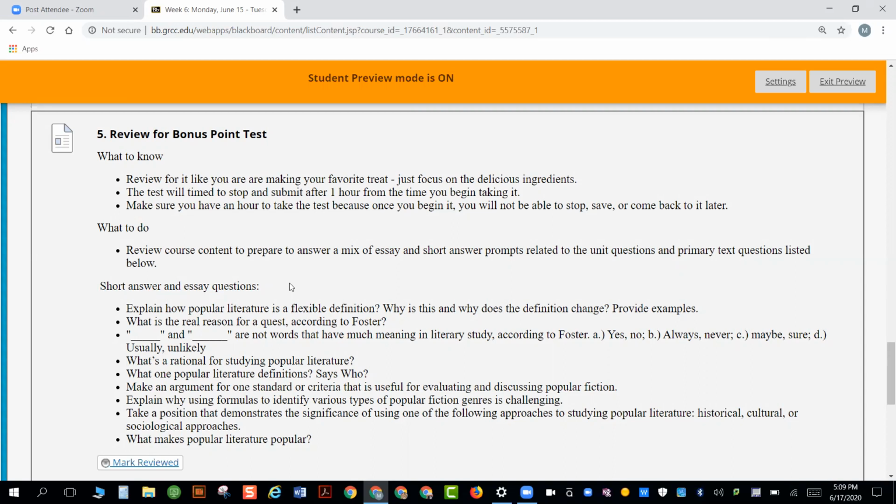And this is not something I'm going to make hard. I'm not interested in testing people for the sake of testing. I'm just like, hey, what can you say about these things now at the end of the semester? You have an hour to take it. And what I ask, even at a reasonable pace, wouldn't take you an hour unless you just didn't look at anything in this course. That's the only way it would take you an hour.